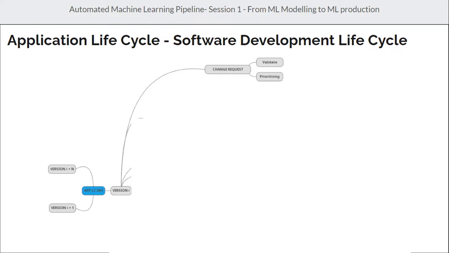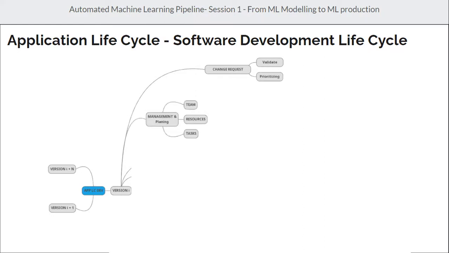According to that, we are going to revisit it again when we are moving from one release to another, and also for sure when we are moving from one version to another. I'm not going to mention the difference between version and release until I finish, but I will come back to it. Okay, now once we prioritize the change requests, we will start with our plan.